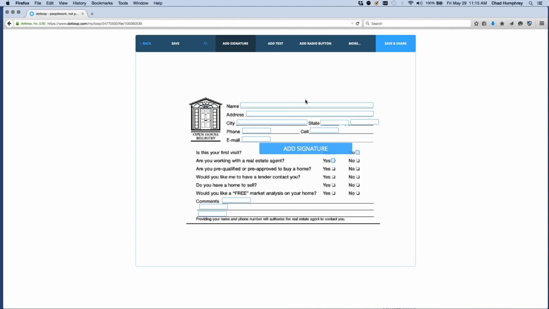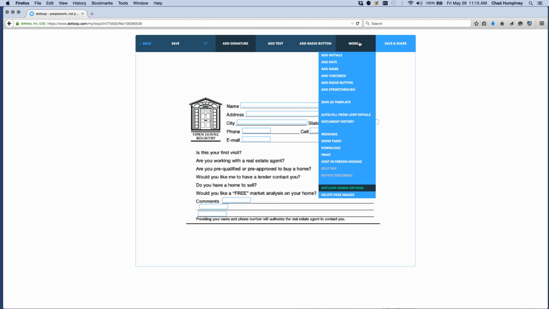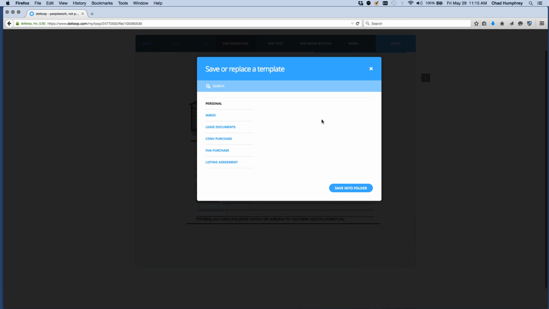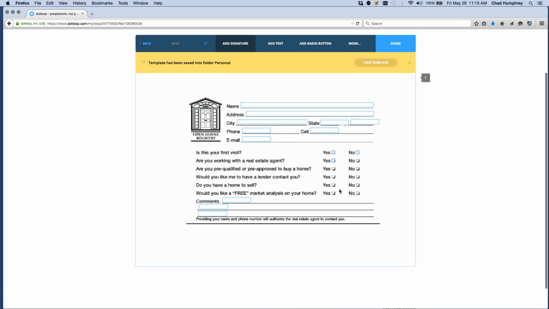So what we want to do here is we're going to go in and we're going to save this as a template. Now on the free edition, you're going to have to do those fields each time. It'll still allow you to put text boxes in. It won't allow you to do the checkboxes or radio button, so it's not going to work on there. But in the premium edition, I can actually save this as a template. So I'm going to save the changes, and now it's going to save in my personal documents, which is in the folder